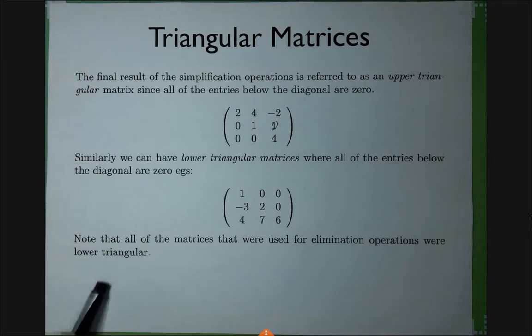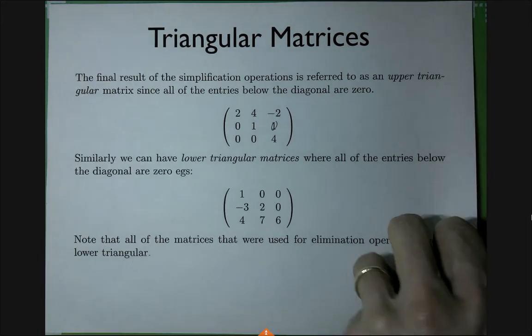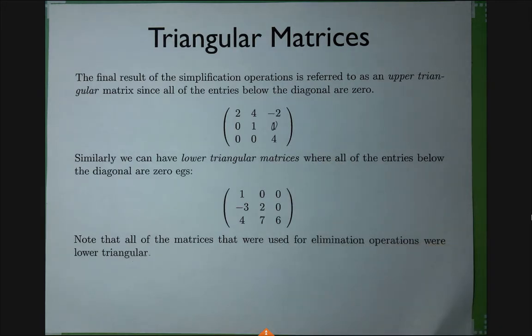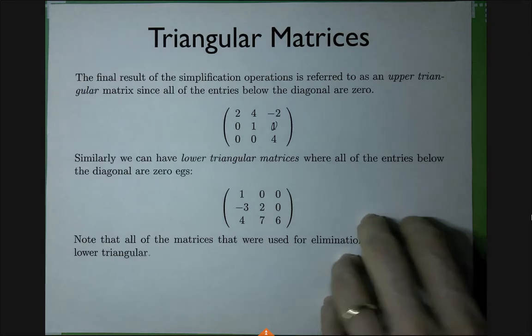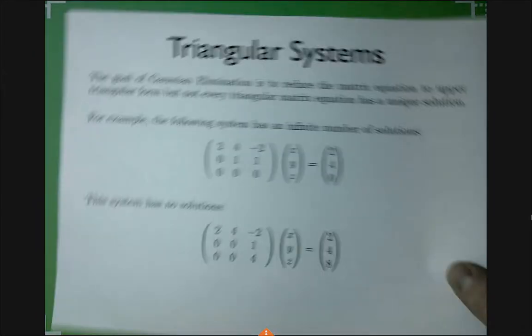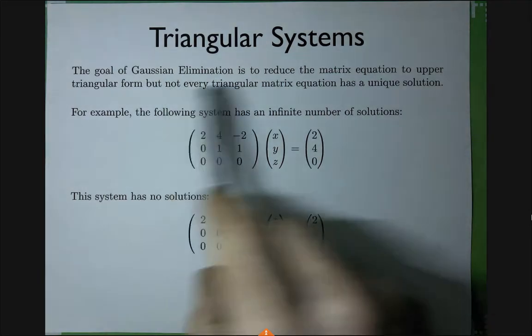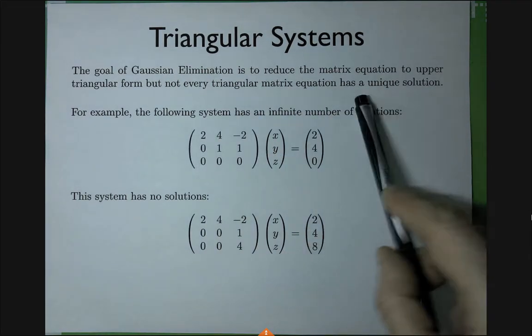So the matrices we used in Gaussian elimination were all lower triangular. That's important. By the way, why are triangular systems important? Because we can solve them very easily using back substitution, right? Could everybody code it up in MATLAB? You don't really have to, but if you had to, for homework, for example. Oh, the homework will be more interesting than that. So that's the point of Gaussian elimination, to get it to the triangular form, which has an easy solution.